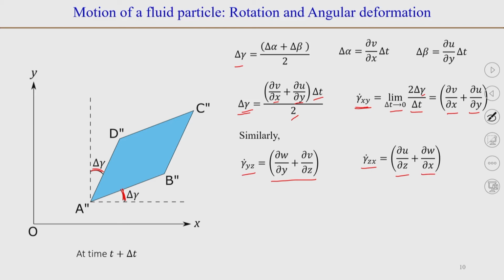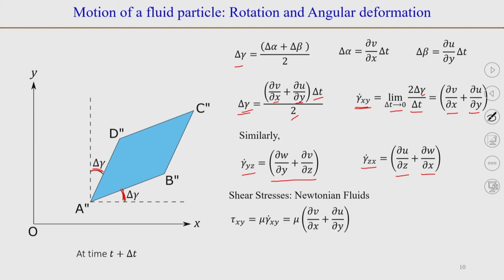Now, these are the components of strain rate, or shear rate, or rate of angular deformation in the xy, yz and zx planes, and these we can use when we derive the momentum equations and obtain the expressions